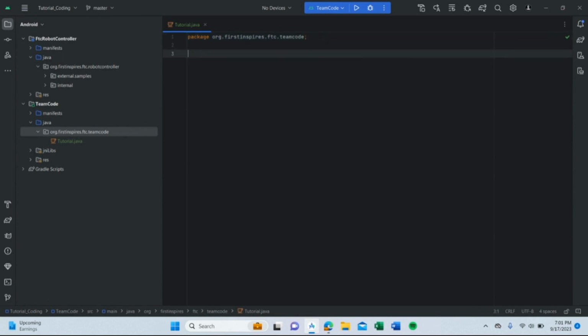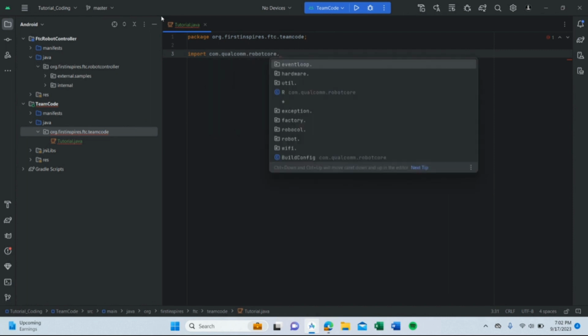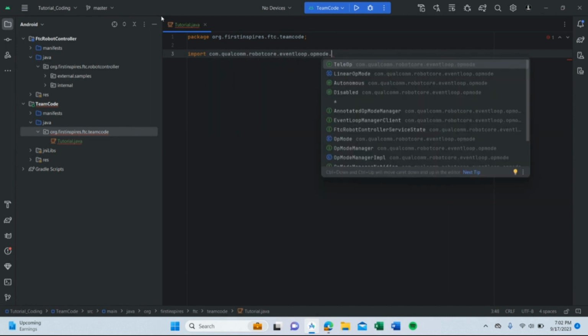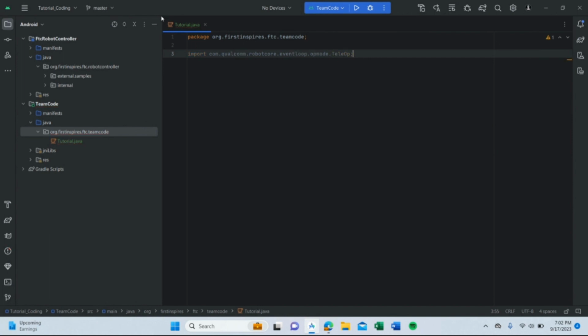So anyway, next thing we need to talk about is the import statements that we're going to have to put. Imports are basically this individual file, the tutorial file that we created, is going to try to call actions from other files or get additional information that this file doesn't currently have. So for instance, in this scenario, we would type in com.qualcomm.robotcore.eventloop.opmode. Let's just use teleop right now and semicolon. And we're going to do two more times,